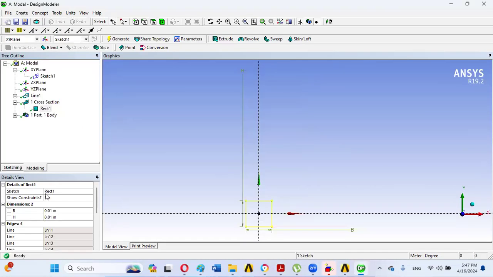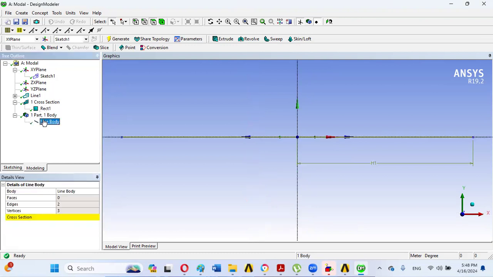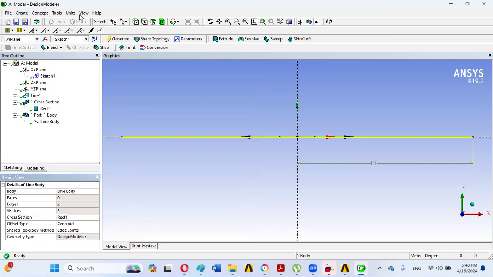So we can change the dimension to 0.005 meter and also 0.005 meter. So in this way now we will be applying this cross section to this beam, and then we can